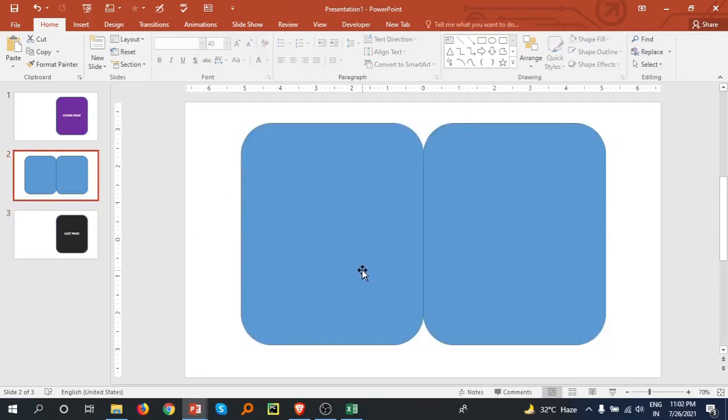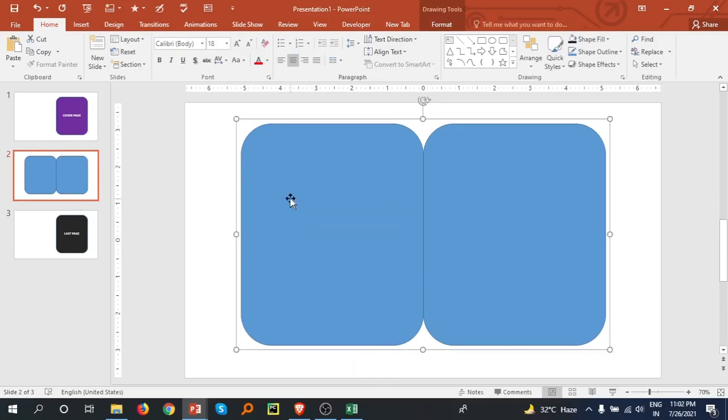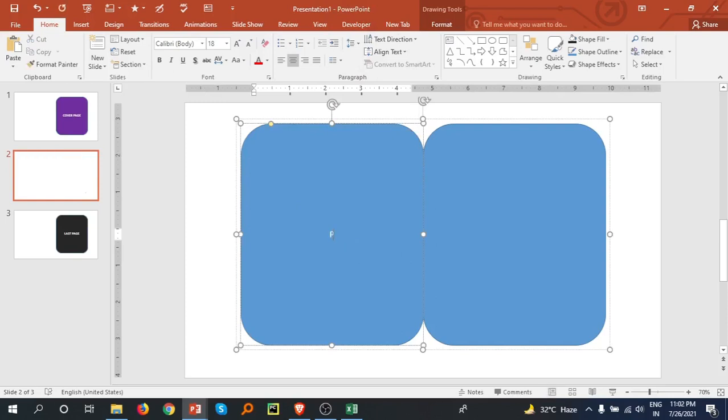Now what we have to do, I have to make this page number 1. Select this, edit text, page 1, Control A for select this, and uppercase, bold, and increase the size to 40.